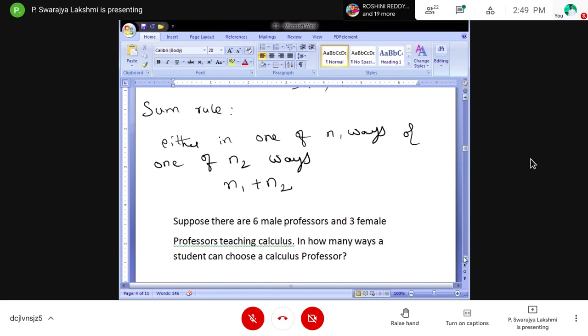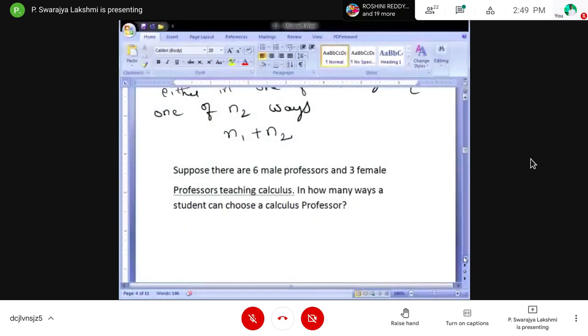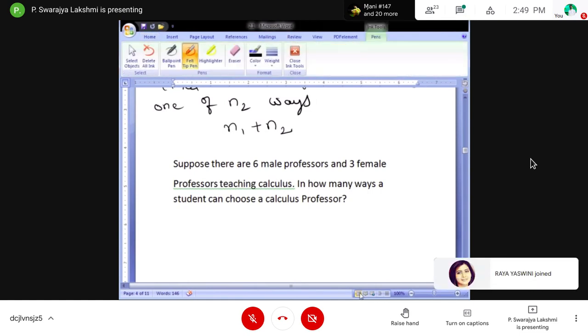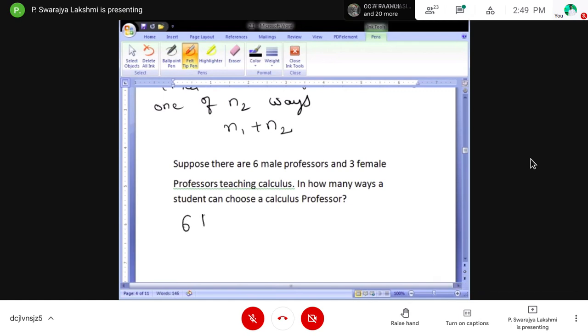Okay. See, suppose in some college there are 6 male professors and 3 female professors. In how many ways can a student choose a calculus professor?